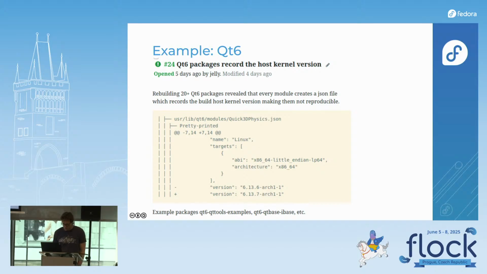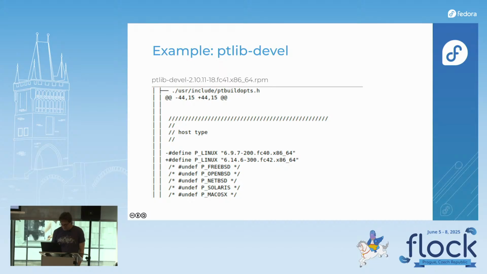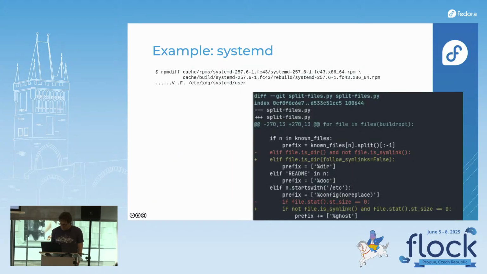So this is the Qt stuff. They embed, if you look, there's a JSON, and the kernel identifier is embedded there. Another one, a devel package, just in case you need it when using the devel file. And the one that surprised me quite a bit, when this was reported by Jelly, I thought that this must be some bug in RPM or something,